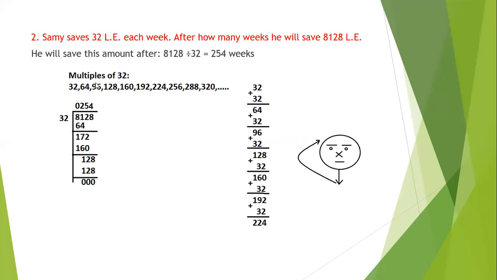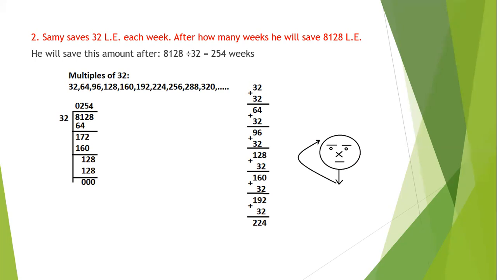Number 2, Sami saves 32 pounds each week. After how many weeks he will save 8,128 pounds? So every week he saves 32 pounds. You can count by 32 to reach 8,128. Of course, it would take a long time, or you can divide